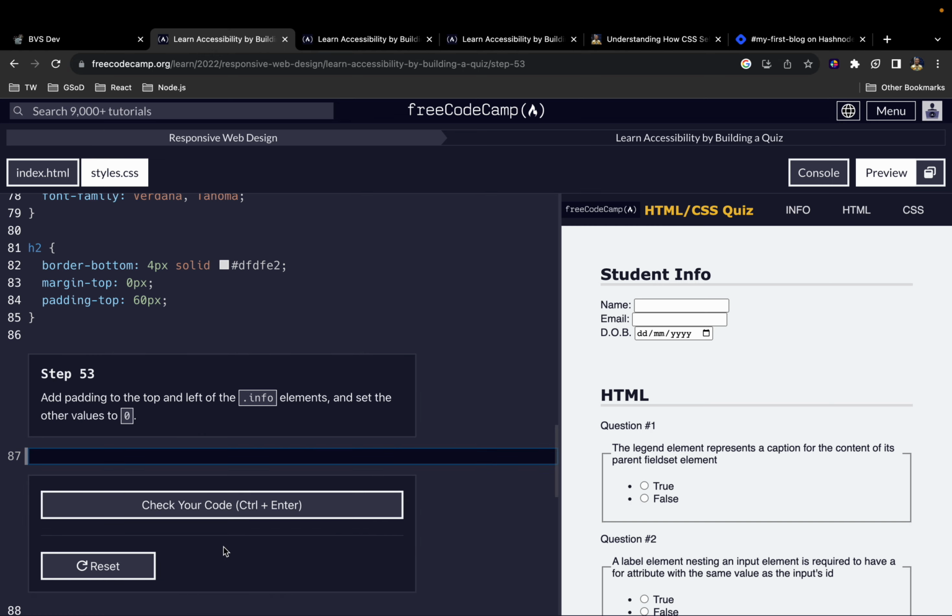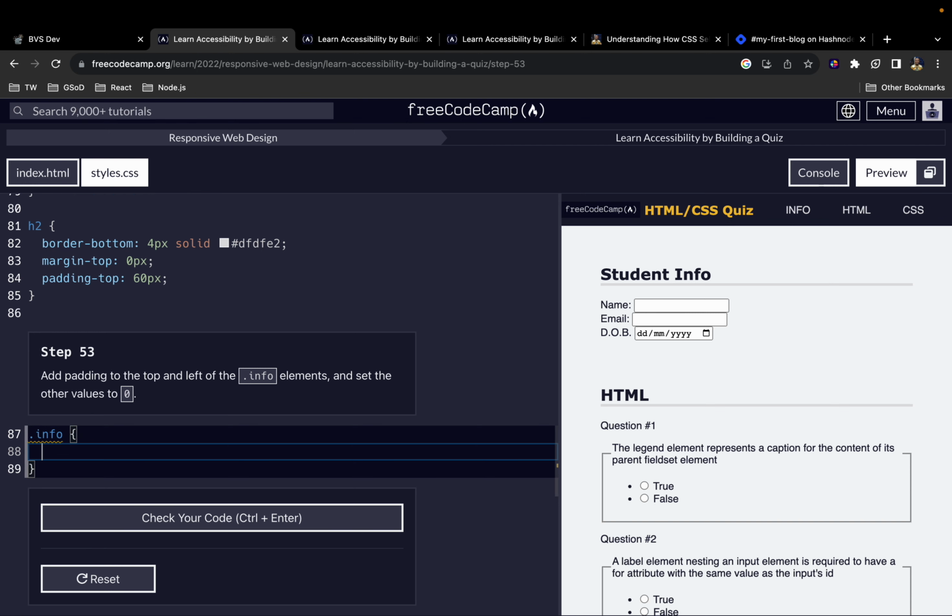Now the next thing we want to do is to add padding to the top and left of info element. Okay, and then set the other values to 0. So we'll say info, and then we want to add padding top and left. So like I've said before, the way the padding and margin works is that they work in a clockwise direction. Okay, so padding, then we need 4 values. So first let me give 0 to all 4. So the first value is for the padding top, and in this case we want